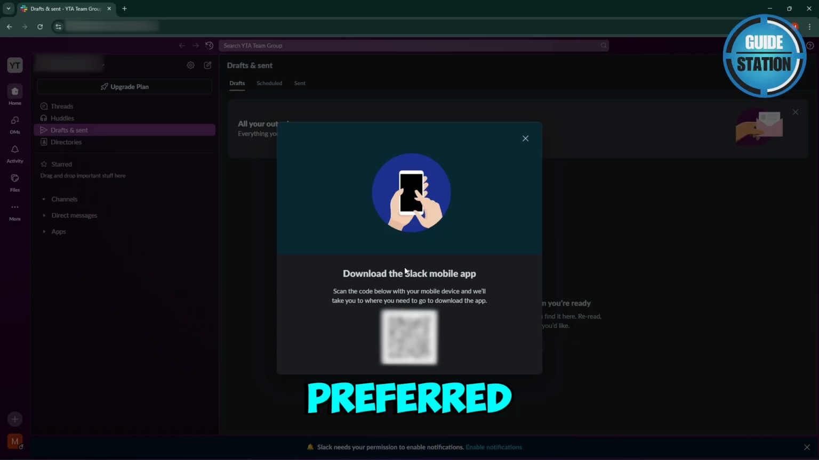Then choose your preferred sign in method like Google, and then select your account. Just tap continue and give the necessary permissions, and Slack will automatically sign you into your workspace. That easy. That's it. You're now logged into your Slack on your mobile device using a QR code, fast, secure,